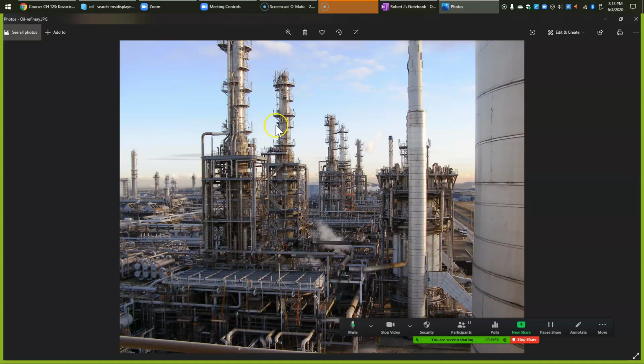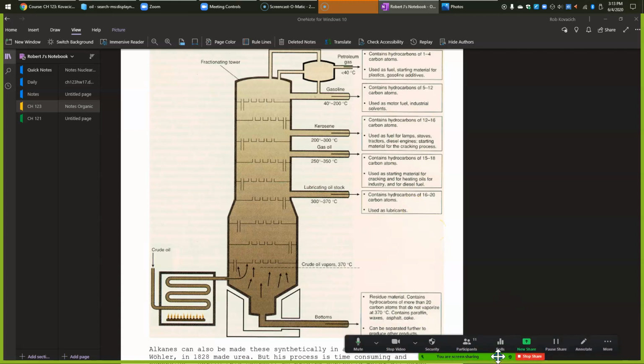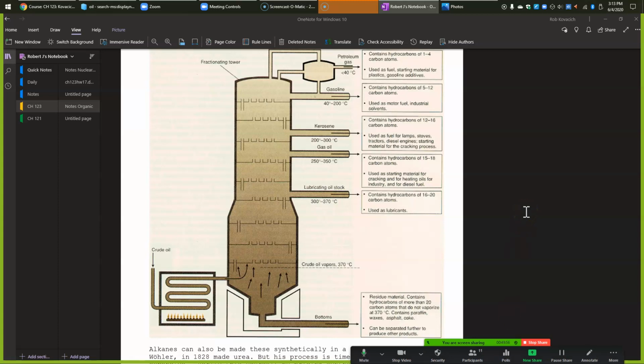So this large tower thing is this thing right here. So what we have here is I dump crude oil in here and I heat this up. It's incredibly important to understand that this pipe is closed, okay? Meaning it has zero access to air. And that has to be the case because this is 370 degrees Celsius, which is considerably higher than the flash temperatures, the ignition temperatures for these different hydrocarbons, all right? So I heat it up to a very high temperature, 370 degrees Celsius, and most of these substances turn into a vapor. And so when they come out of this tube right here,